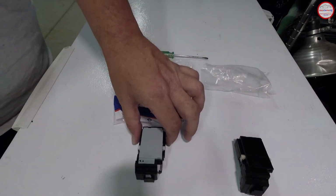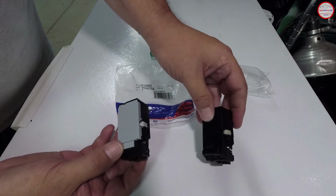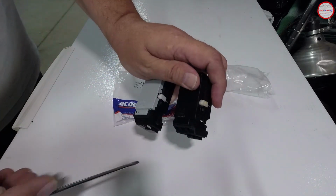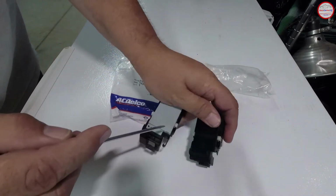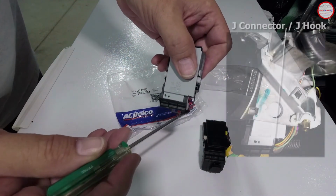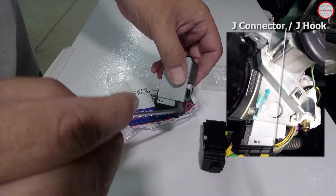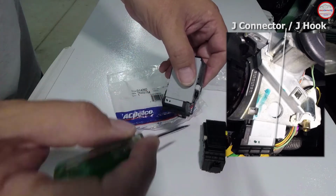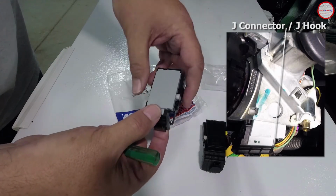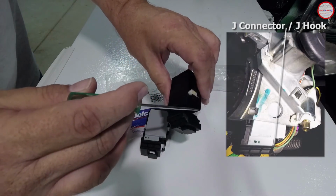You might want to carry a spare in your vehicle as well. So with the visual difference, you can see, of course, by color, there's a slight difference on this particular set of them, because when I went to remove this one, this J connector, let me get this in view here for you. See, this J connector is there on the new switch, and there's a little wiring harness that goes through that section of this switch that you need to use a J connector to hold in a proper position. But this one was already broken on mine when I went to replace it, so I didn't cause that one,